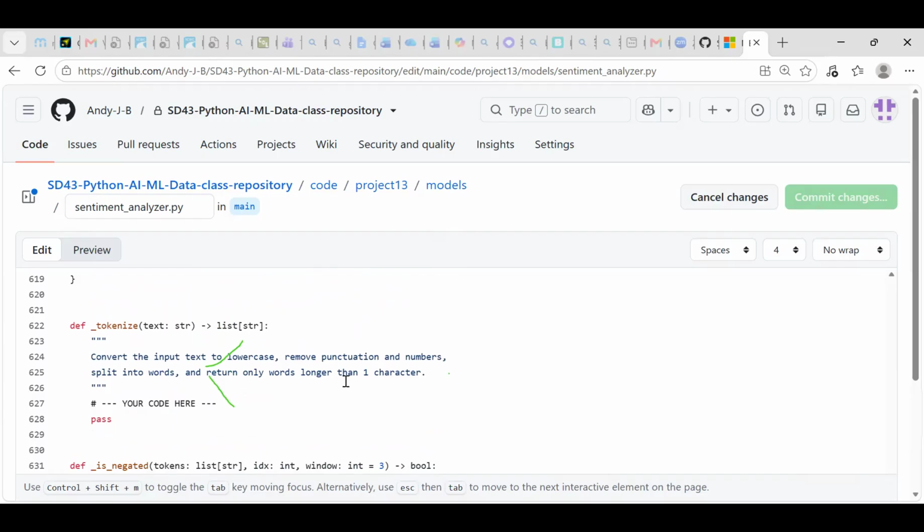So as you can see, the argument is text, it's a string. The output is going to be a list of strings. You're going to convert the input to lowercase, remove punctuation and numbers, and split into words, etc. So delete the pass. You're going to do cleaned equals